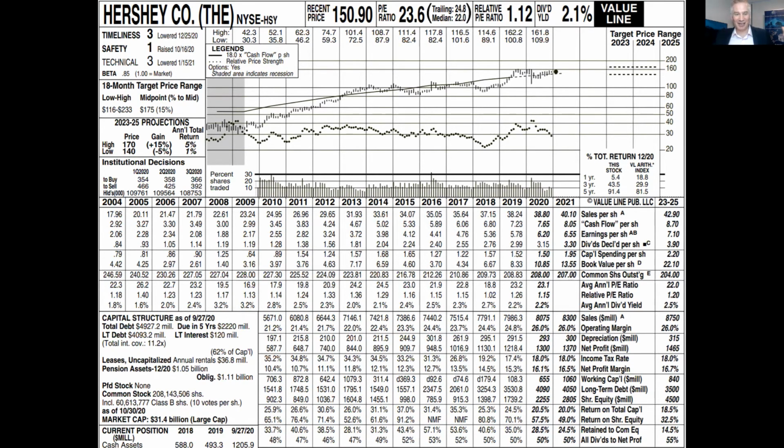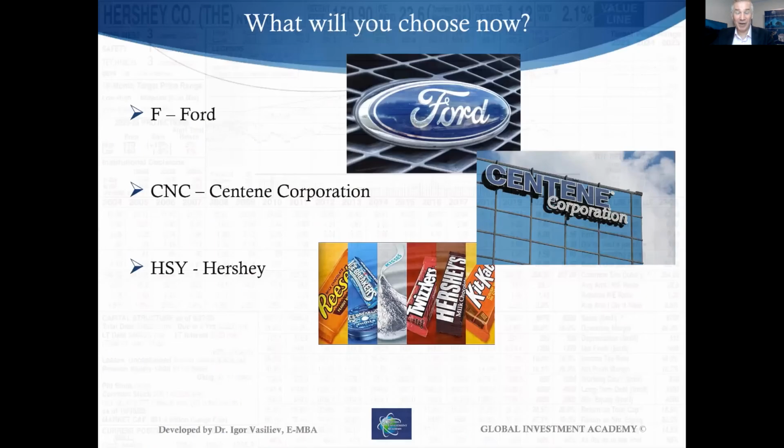But in order not to take this class very long, even though we're already running 1.5 hours, right? So I presume it's much easier now for you to understand which company to make a decision on. So guys, if I ask you the same question now, which company are you going to put money into, which company are you going to buy now? Ford, CNC, or Hershey? Or definitely at least tell me which one you're going to avoid for 100%.